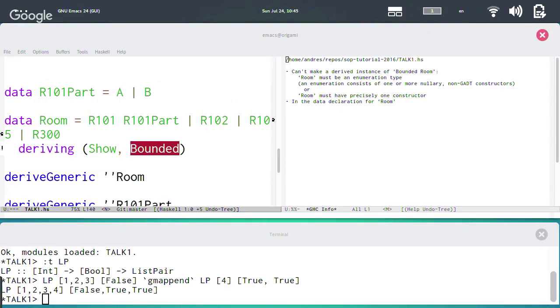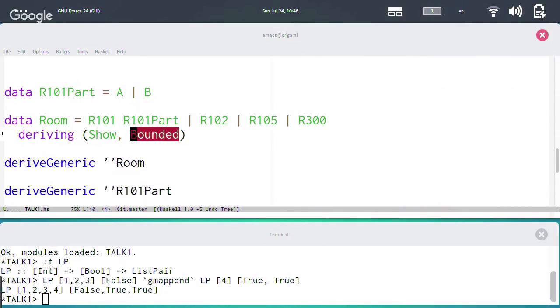No, it'll say, I'll read that to you. I can't make a derived instance of bounded room. Room must be an enumeration type. An enumeration consists of 1 or more nullary non-GADT constructors, or room must have precisely 1 constructor. So none of these conditions are fulfilled, but it's rather sad, right? I mean, clearly it's both still bounded and enumerable, and just GHC's deriving mechanism is too lazy to work it out. So perhaps we can fix it, by giving our own generic definition of min bound and max bound instead, that allows us to use